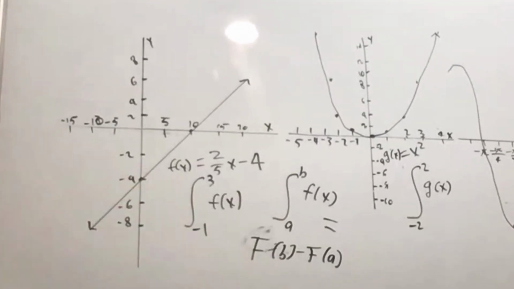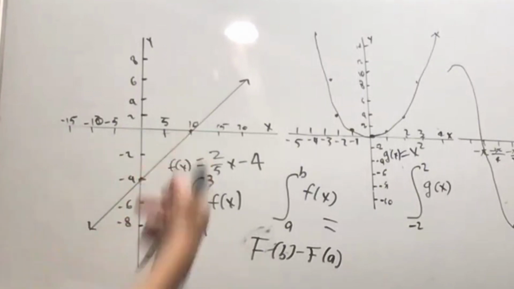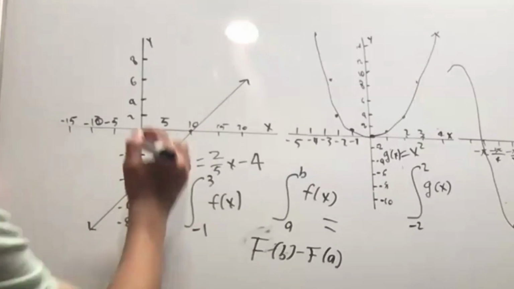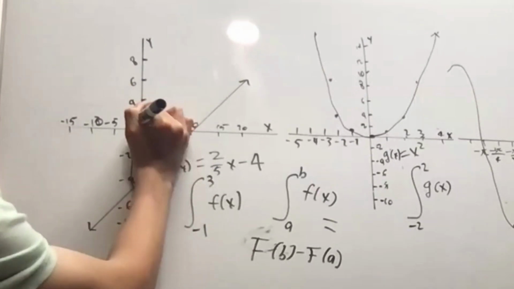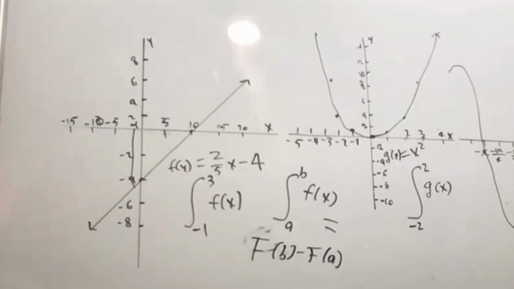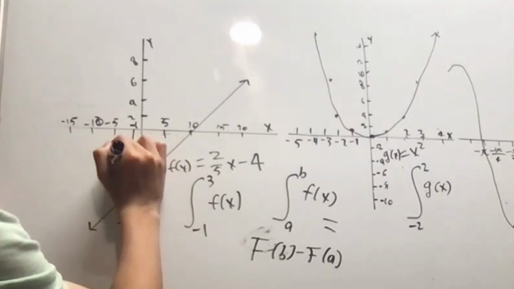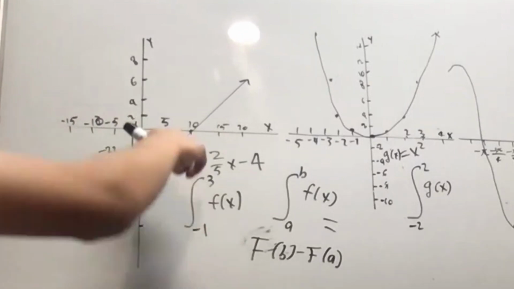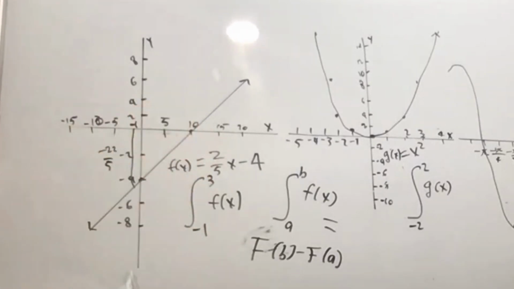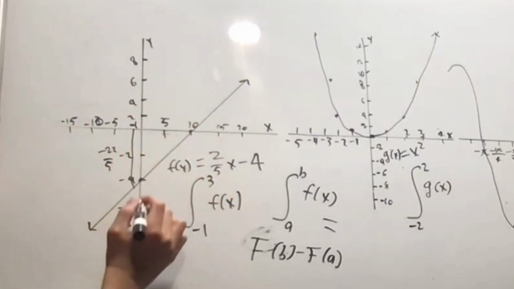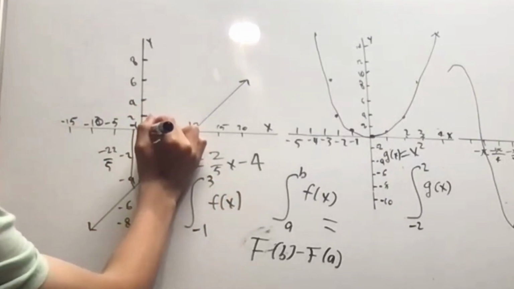For the first one, however, we don't exactly have to do this. The integral is the same thing as the area under the line. So here we want to calculate it from -1 to 3. At -1, this value would be -22/5. So therefore, the length is negative. And then at 3, this would be